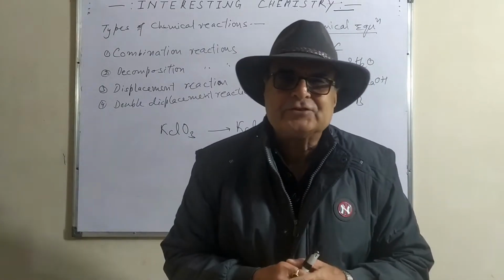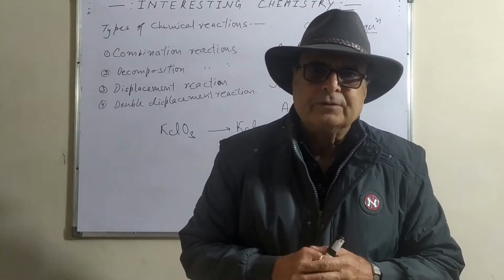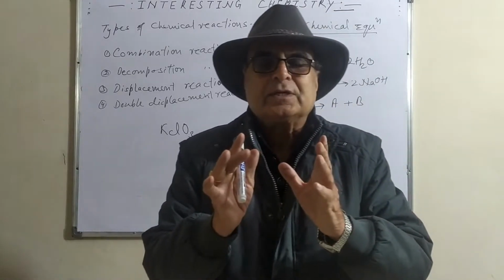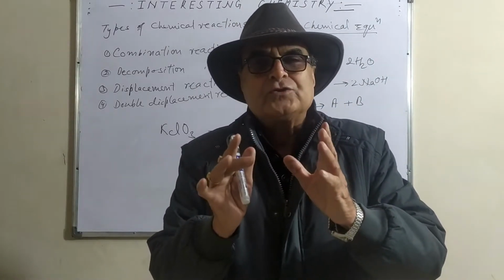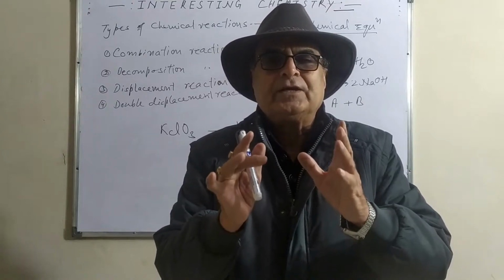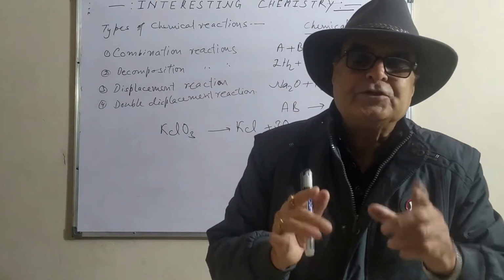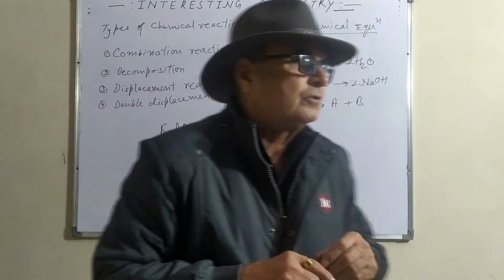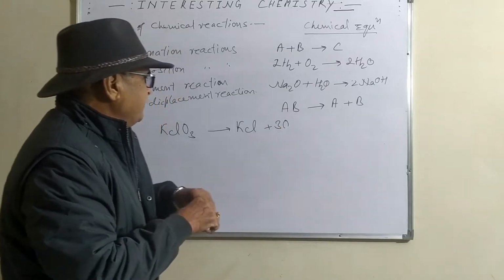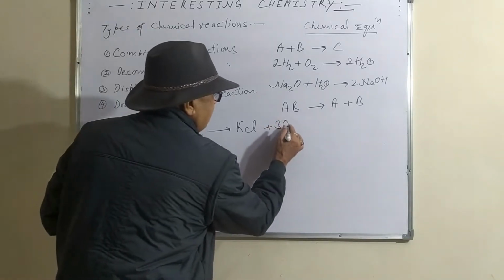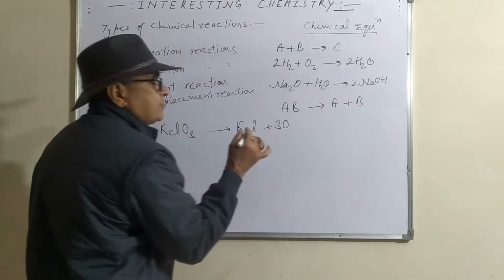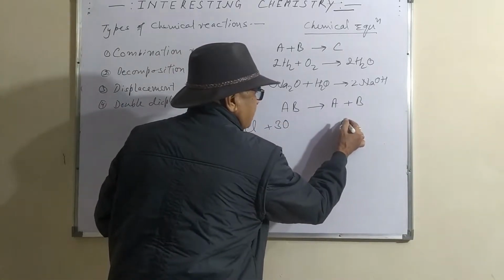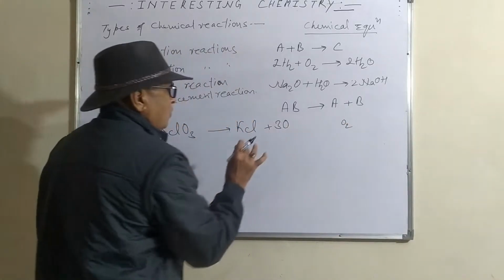So it is a balanced equation. But in my previous video, I told you all the natural gases like oxygen, hydrogen, chlorine, nitrogen, etc. will be written in the molecular form in the chemical equation. So this oxygen should be written in the molecular form, as the molecular formula of oxygen is O2. Now you will write this 3O into